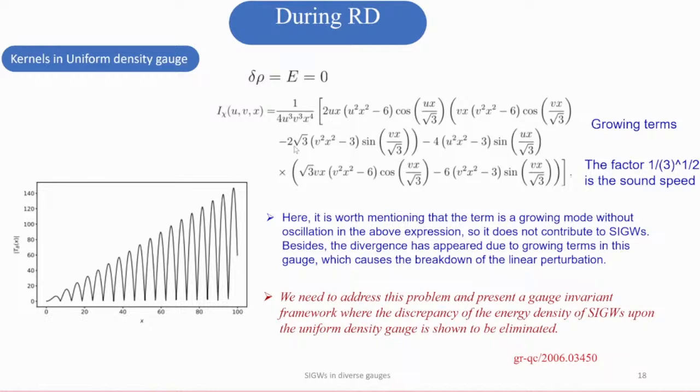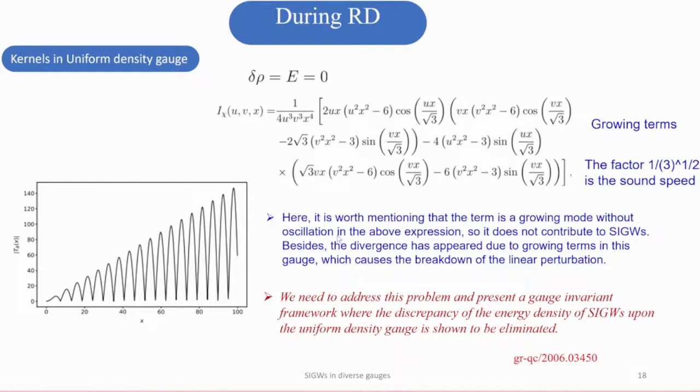Here you can see these are basically growing terms, and the factor 3 square root is a sound speed. It is worth mentioning that the term is a growing mode without oscillation in the above expression, so it does not contribute to scalar induced gravitational waves. Besides, the divergence has appeared due to the growing term in this gauge, which causes the breakdown of the linear perturbation. We need to address this problem and present a gauge invariant framework where